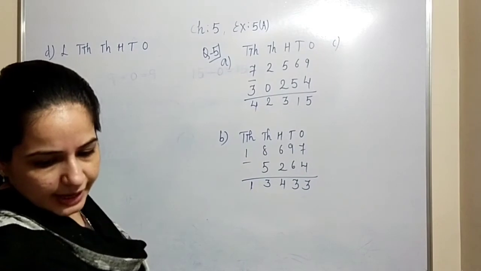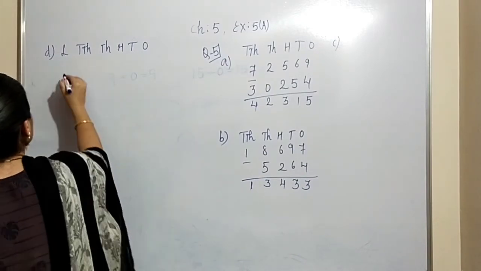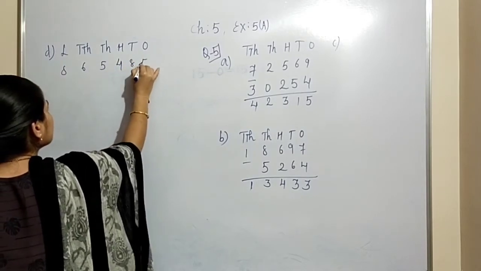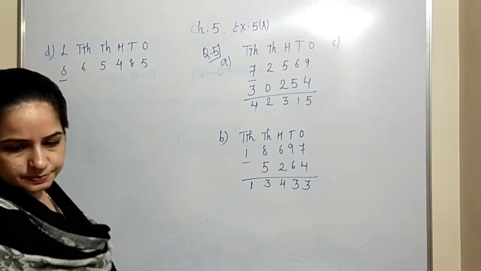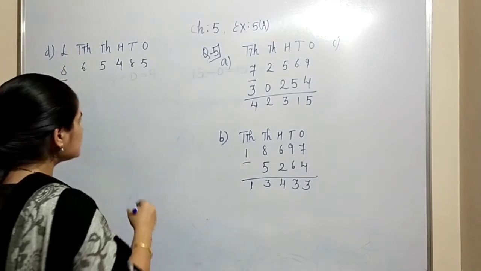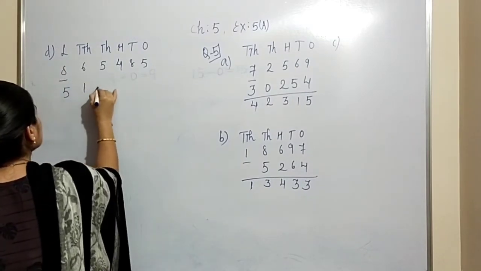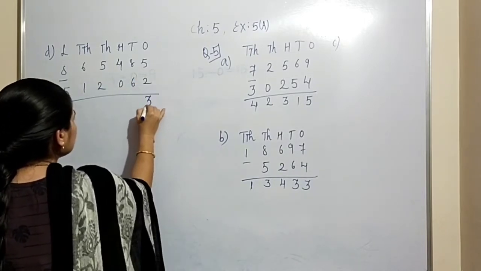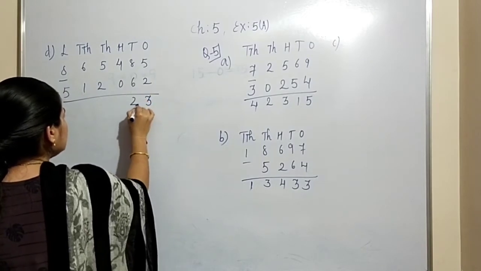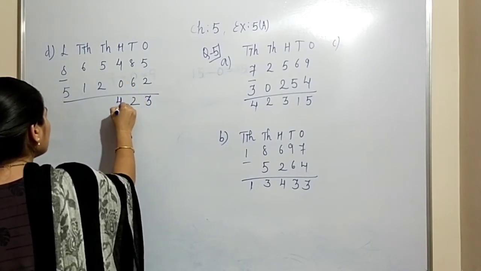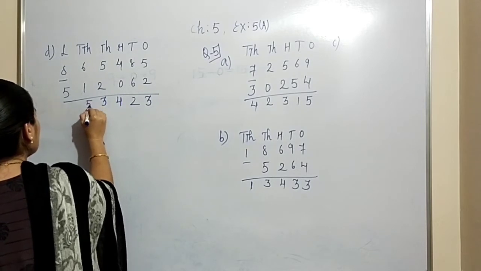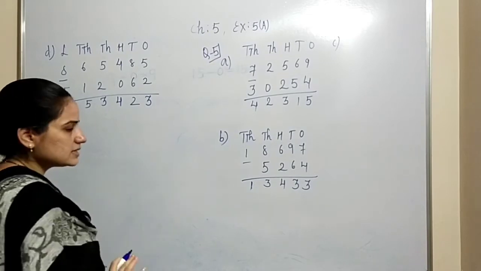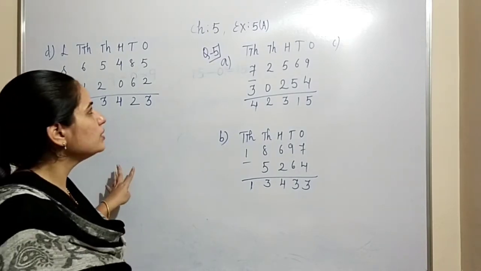Okay, 8,65,485, minus 5,12,062. Okay, 5 minus 2 will be 3. 8 minus 6 will be 2. 4 minus 0 will be 4. 3, 5, again 3. 3,53,423 is the answer. This way you will have to do all the questions